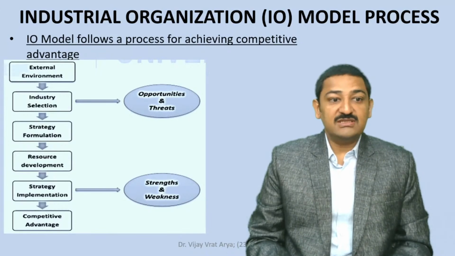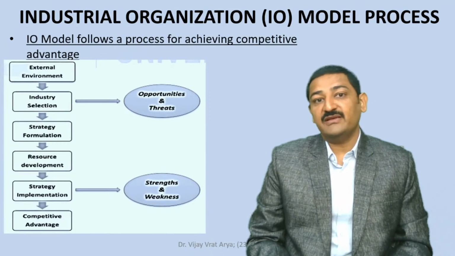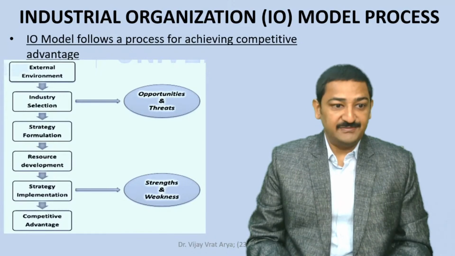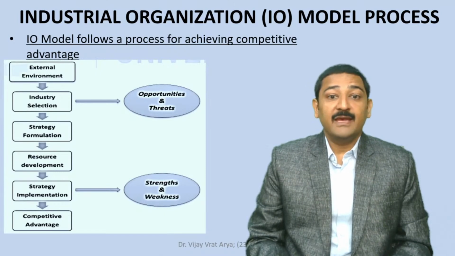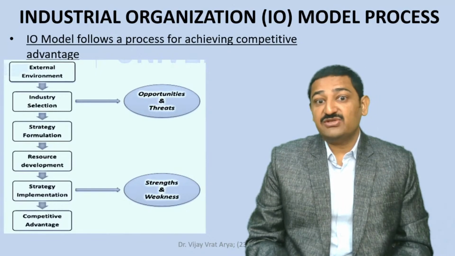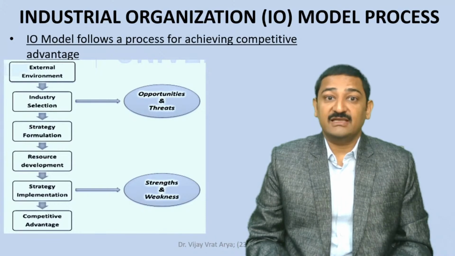Once you have zeroed in on a specific industry, then one needs to formulate the strategy pertaining to that industry. After that, resource mobilization and resource development need to be taken care of. And based on that, a specific strategy from the different strategies available needs to be selected